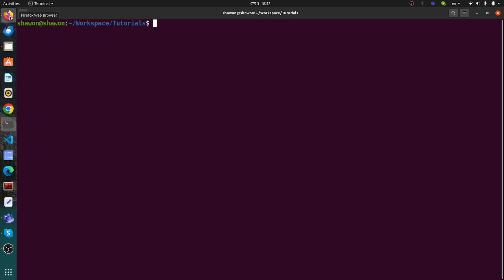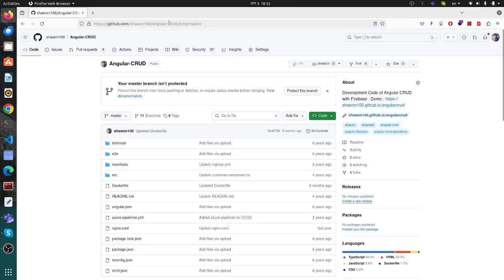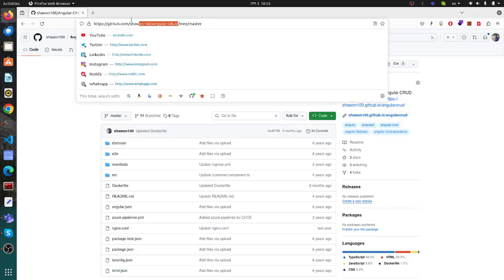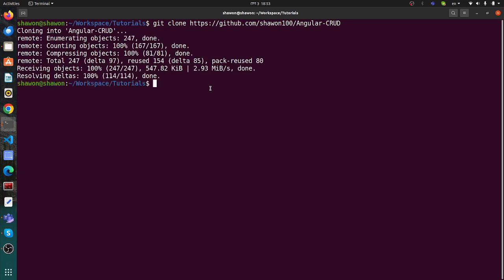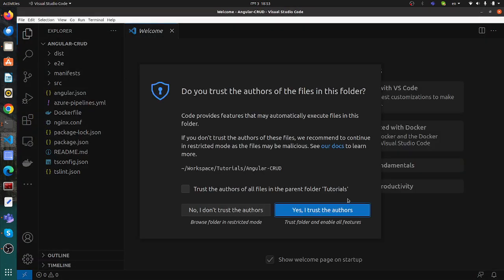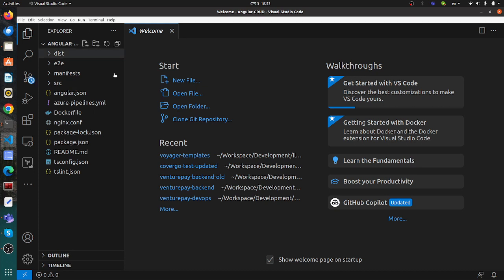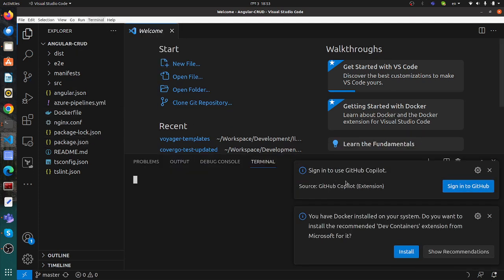So I am going to clone my existing application. It's an Angular CRUD application, a simple Angular CRUD. I'm going to clone it first, and now I will open it in Visual Studio Code. So you can see this is the source code,